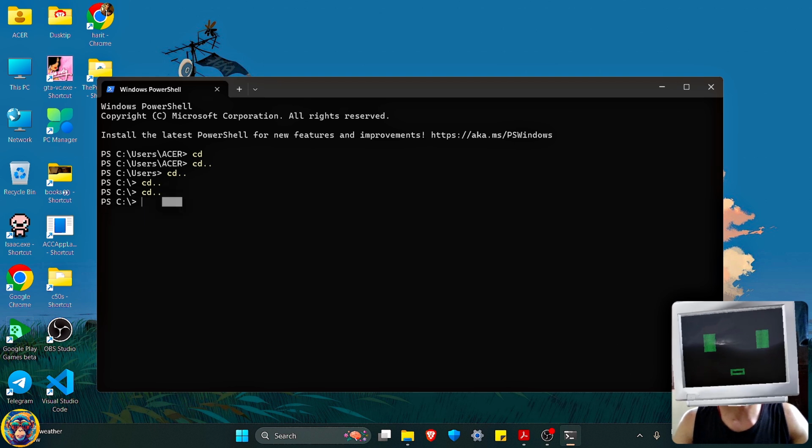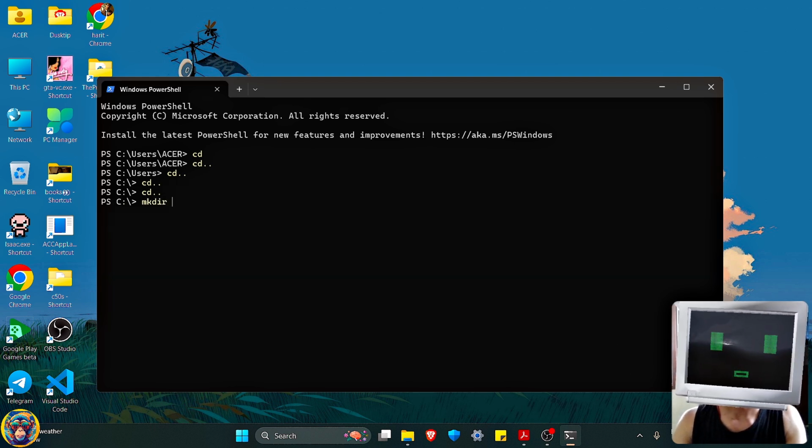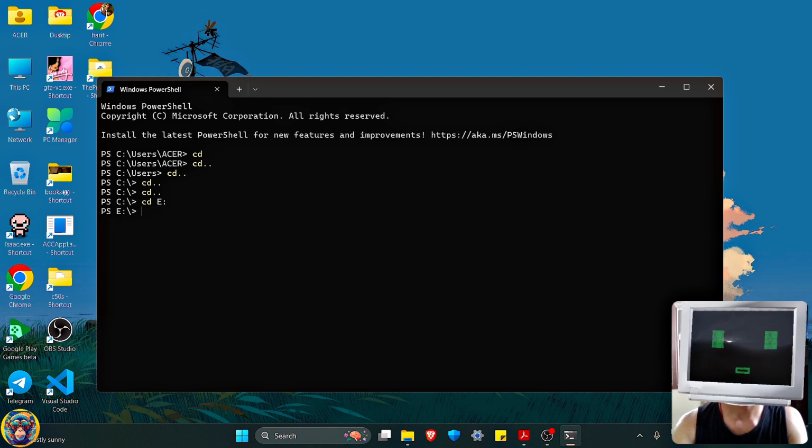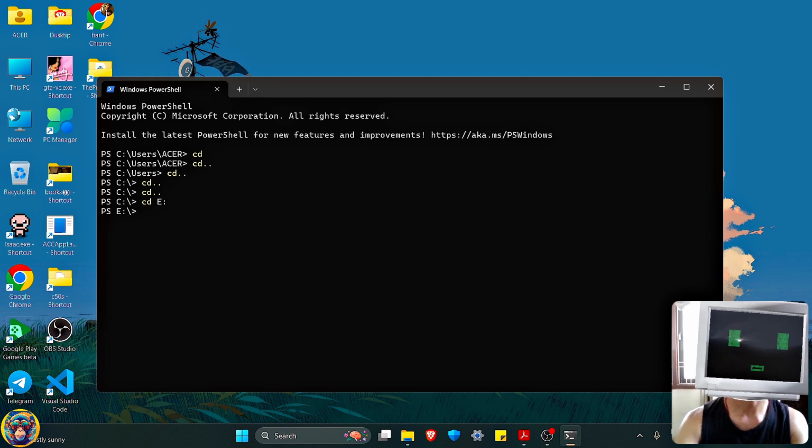If you want to create a new folder in the C directory, just type mkdir and space, and then whatever name you want the directory to be. But I want to change my C directory to E, so I will type cd space E colon. It will now change the directory from C to E. As you can see, I will hit enter. Now you can see the directory changed from C to E,